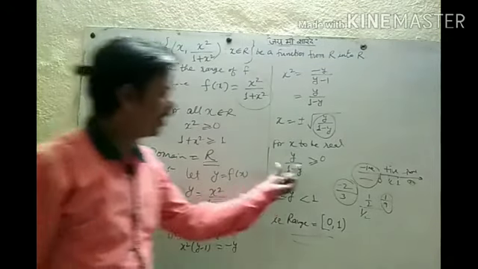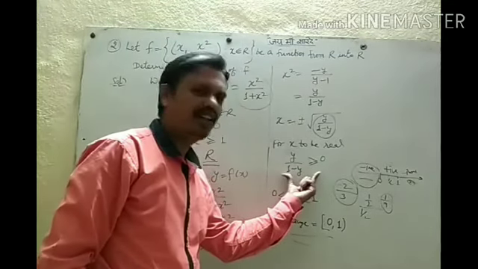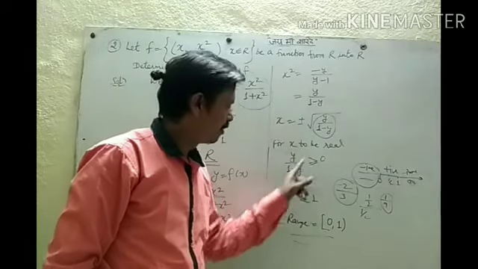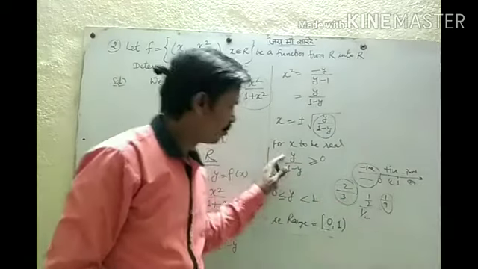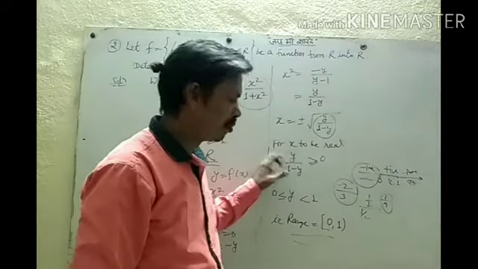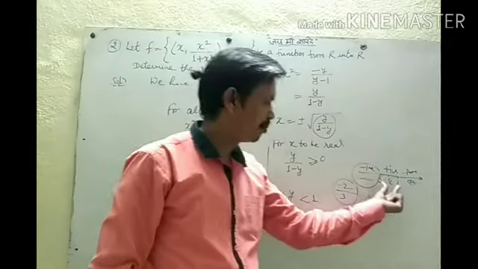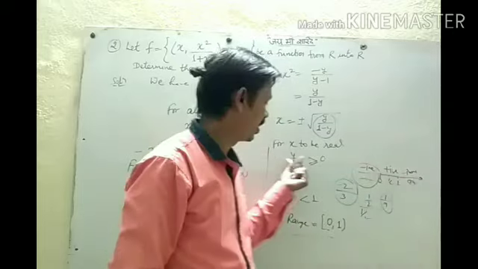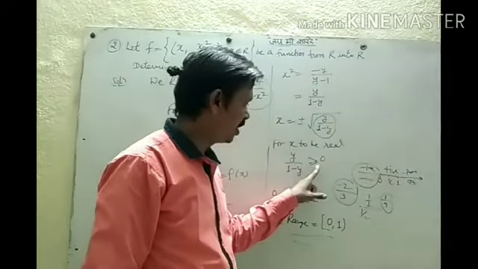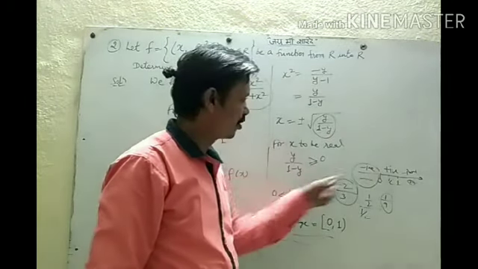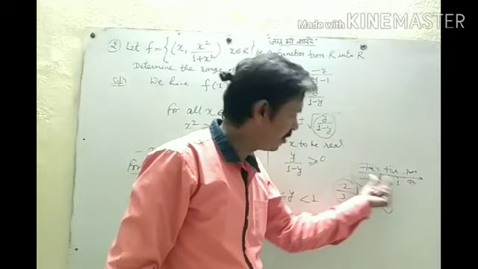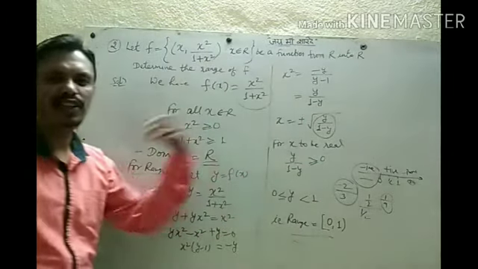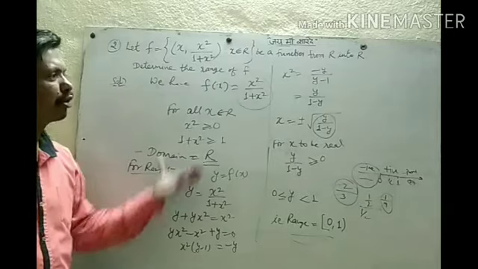Okay? So whenever we have an inequality and we want to find the value of the variable, we cannot just multiply. Use this method. Put both the denominator and numerator equal to 0. Whatever points we get, put them on the number line, and take any one point from these groups and put it here and check its sign. What do we need? Positive, more than 0. So from the part where we get a positive value, that we can take. Okay? So like this you can find the range of this function. It is a very important question, right?